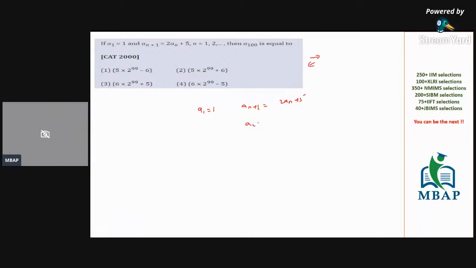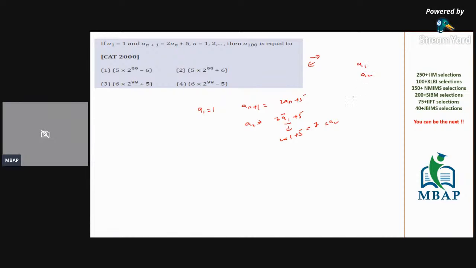Ideally, if I have to find the value of A2, you will say it's going to be 2A1 plus 5. We know the value of A1 to be 1. So A2 will be 2 into 1 plus 5, which is going to be 7. So linearly, if I go and try to solve the question, I can very well solve it